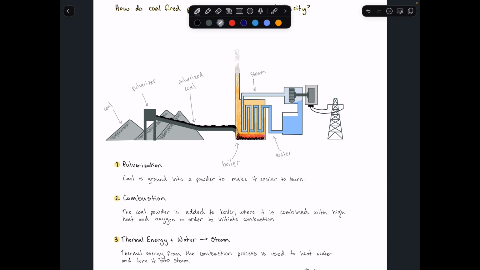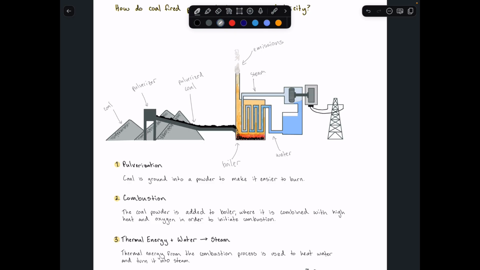Another note here: you can see these are the emissions from the combustion reaction, which include the sulfur dioxide, the carbon dioxide, the nitrogen dioxide, etc. That all comes out of the top of the boiler right there. As this water is converted into steam, water actually takes up a much smaller volume than steam. So as it is converted into steam, the steam becomes very high pressure, being trapped in these tubes or pipes, and this high pressure steam is then directed at very high speed towards